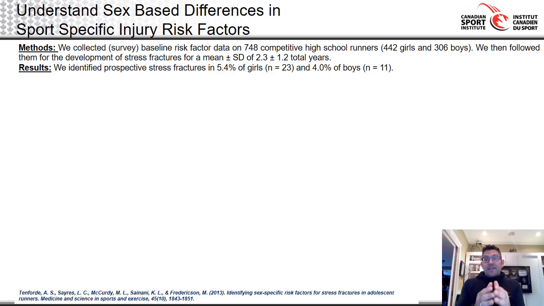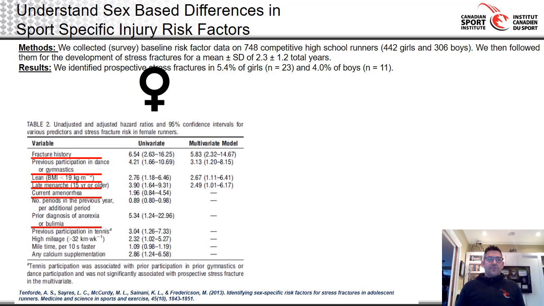They then looked back and did some questionnaires to look at what some of the risk factors were for those stress fractures. So on the female side of things, some of these numbers are basically your hazard ratios or your odds ratios of having a stress fracture if this variable is present. They did slightly different statistical approaches. I won't get too far in the weeds, but the highest risk factor at 5 to 6-fold greater incidence is